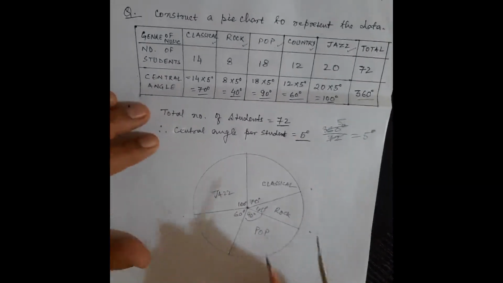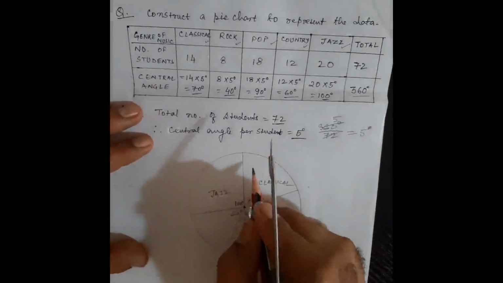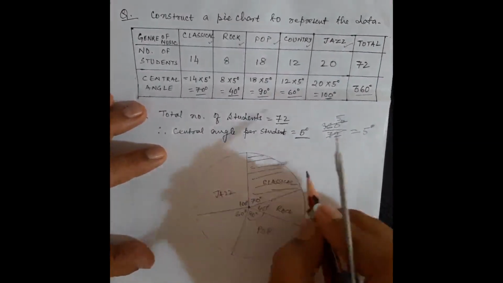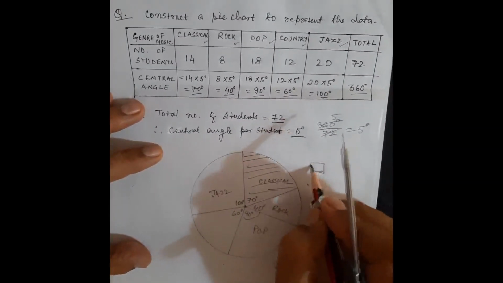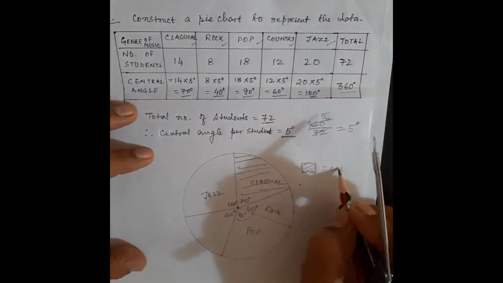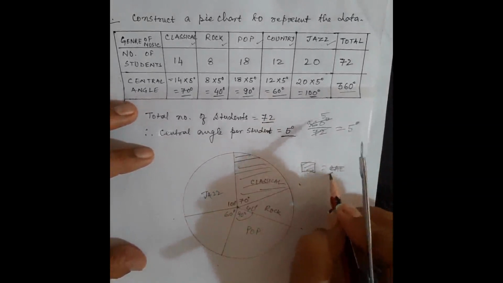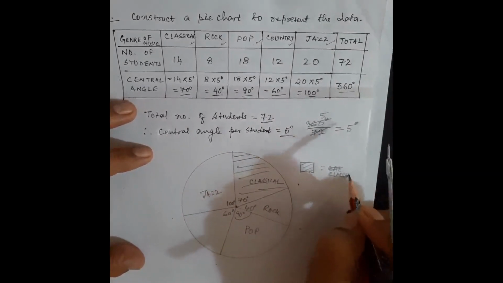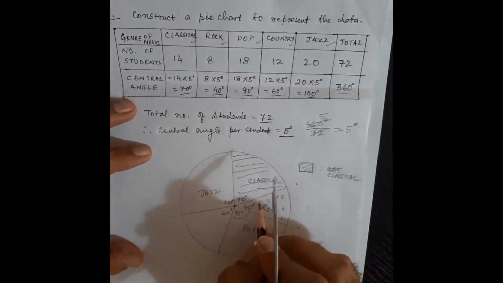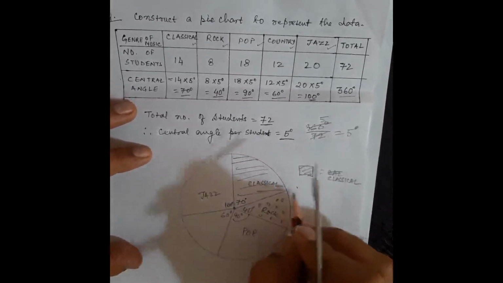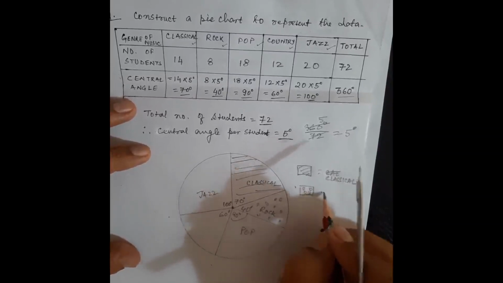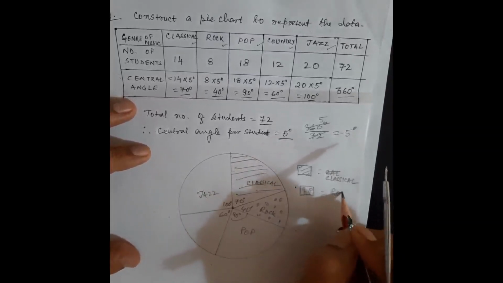But your work is not yet done. What you need to do is you need to make the legend and shade it with different marks. Like this one will be for classical. The second one you can put some dots or something like that, or you can use your color. As I said, you can use your colors also. For different color, different legend can be made.